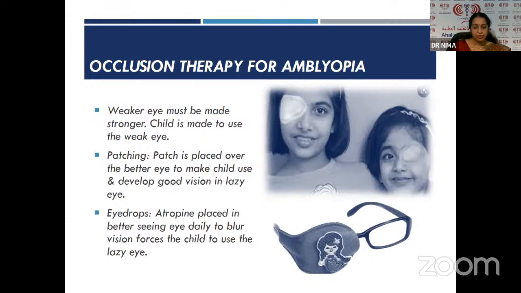And depending on the improvement in the vision, if I advise patching, I usually call the patient after 3 months, and after 3 months we will assess the vision. If there is 1 line improvement, that is definitely a good sign. Then we'll tell them to continue patching for 3 more months. If there is 2 line improvement, then after 3 months we will reduce the duration to 3 hours. Then depending upon that improvement, we will reduce further. And after 6 months to 1 year, if the vision is improving to 6/6, then there is no need of patching at all.